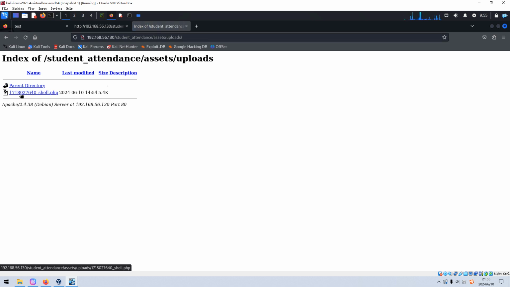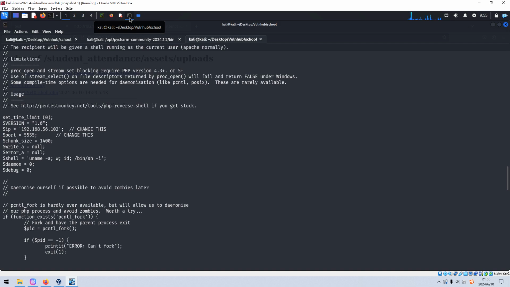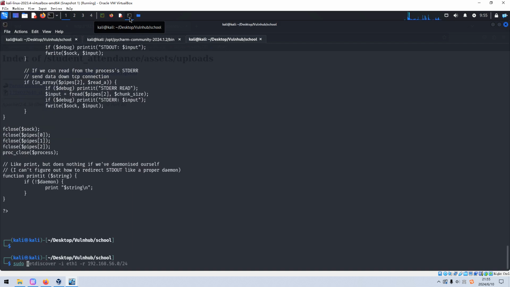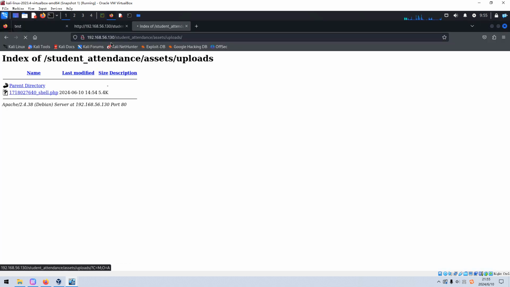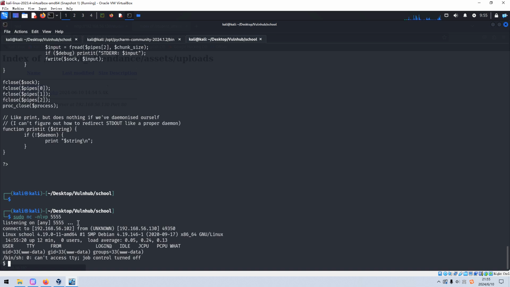Yeah, it's there, although its file name has been changed automatically. To access this file, we need to set up the listener on the Kali Linux so we can get the initial foothold on the target, right? We can click. As you can see, we got the connection from the target.